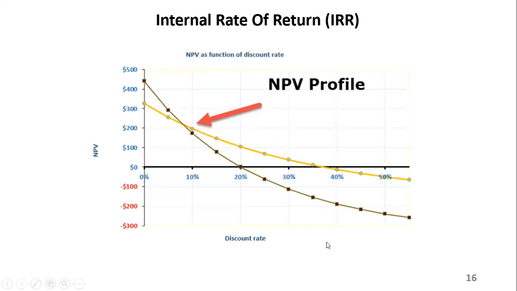Okay, so this is the typical graph that I was talking about. You have your NPV, or your cash flows, the summation of the inflows and outflows, their present values, on the vertical axis, and on the horizontal axis you have your discount rate. You see that this project in yellow is cutting off somewhere, maybe 36, 37 percent, while this project with dark spots cuts at a 20% discount rate. So the project with the yellow line is more acceptable than the other one.